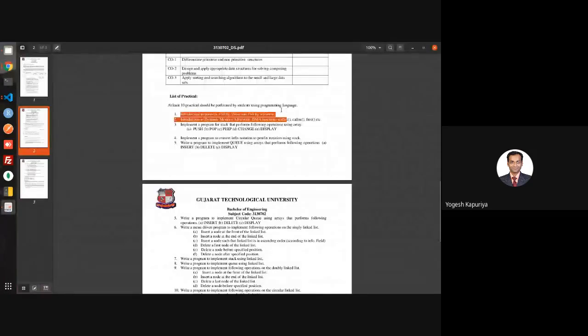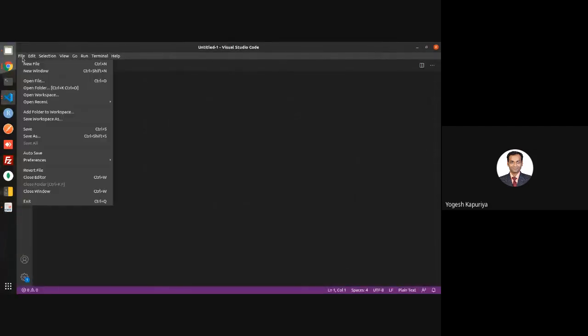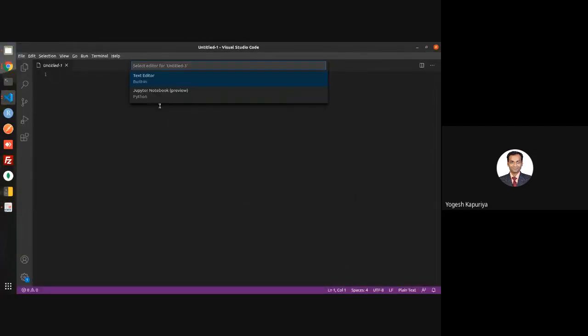Let us now see the problem statement, what you are supposed to do. Introduction to dynamic memory allocation, DMA functions, malloc, calloc, and free, etc. The first one is introduction to pointers, call by value and call by reference. Another thing I want to shed some light on is call by value and call by reference.